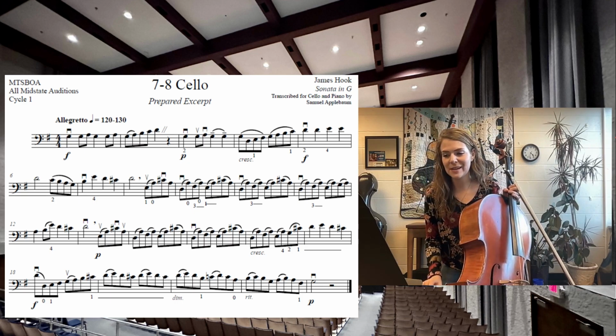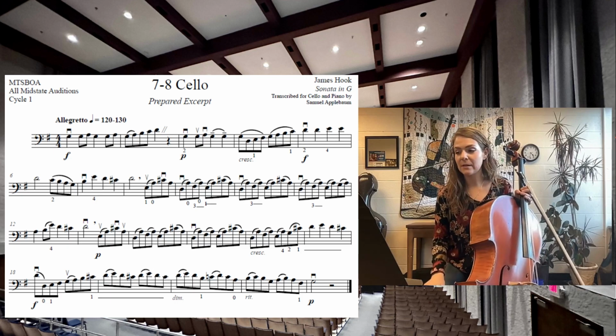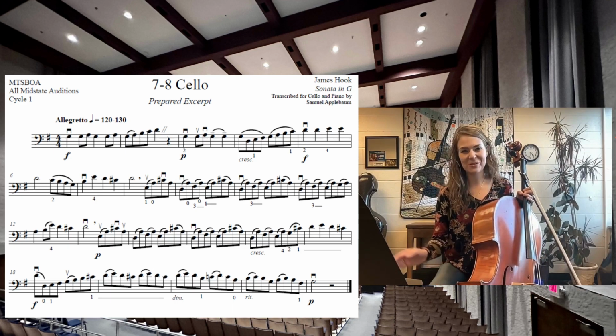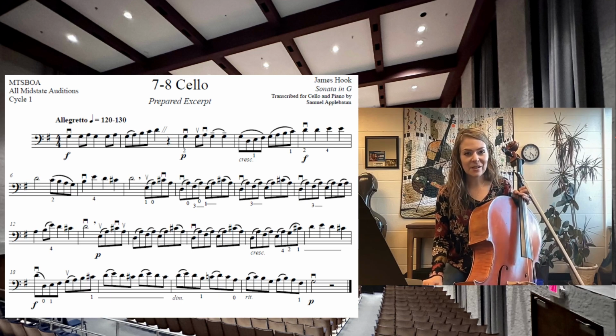Notice the piano dynamic in measure 13, but notice how long this piano is, that you need to stay down for a number of these bars. And then there's a crescendo marked, and make sure that you do the crescendo to forte by 18. And then again, you see a diminuendo towards the last 3 bars and a retard. So make sure to start getting a little softer and slow down before you get to piano at the very end of the piece. Paying attention to all these details shows that you're musical and that you observe everything marked